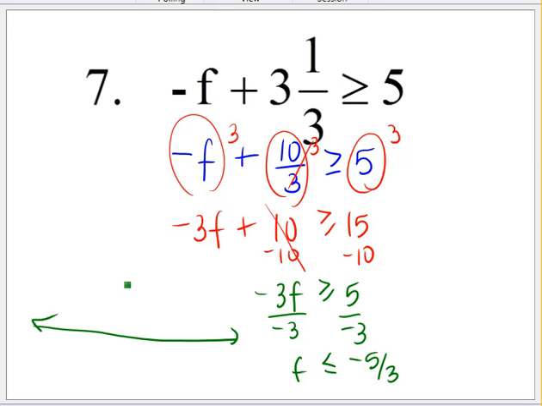-5/3 is -1 and 2/3, so that would be between -1 and -2. I'll put -5/3 right here. I'm going to use a colored in dot, meaning that it is included in my solution set, and I will